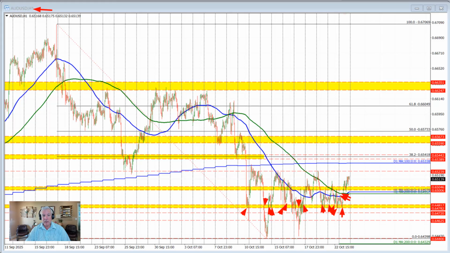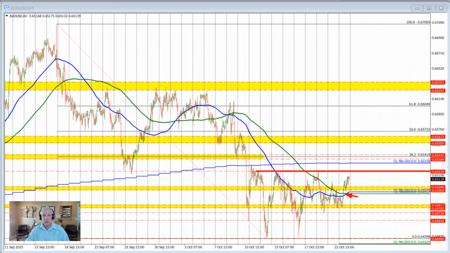buyers. That ended up taking the price back above the 100 and 200-hour moving average as the buyers took back more control, and they switched the bias from more negative below this level to more positive above this level. In the process, we moved above a swing area here, but have so far been able to stay below these high prices through here at the